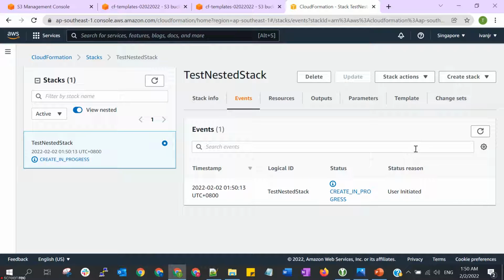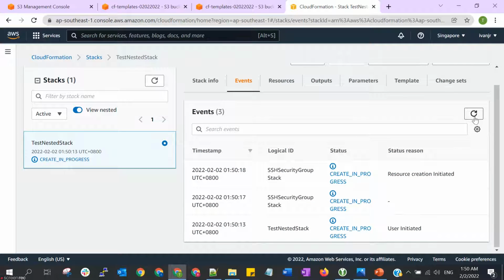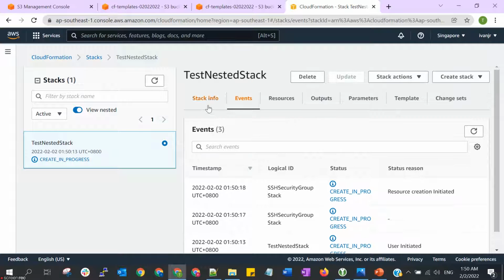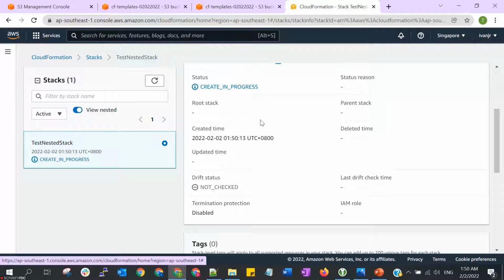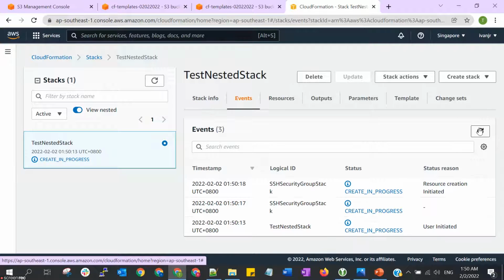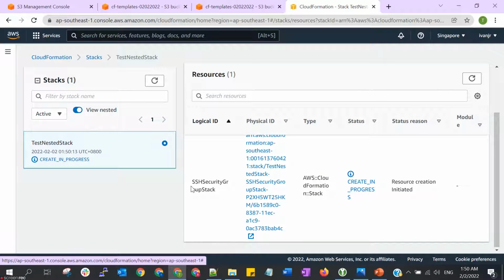Okay, we can see that the stack is being created. It will take some time. The stack info you can check from here; it is create in progress. And this is the events tab. The resources that will be created will be here.